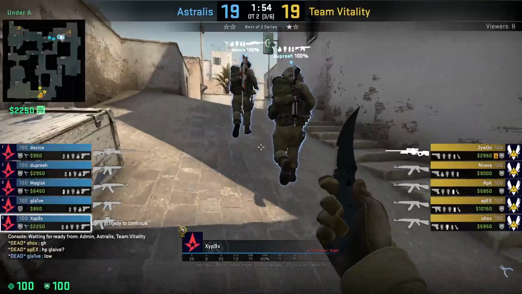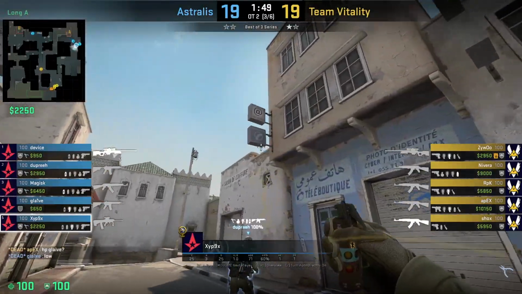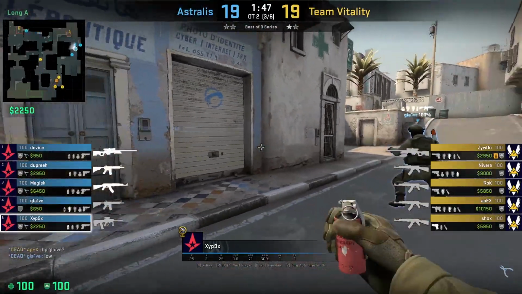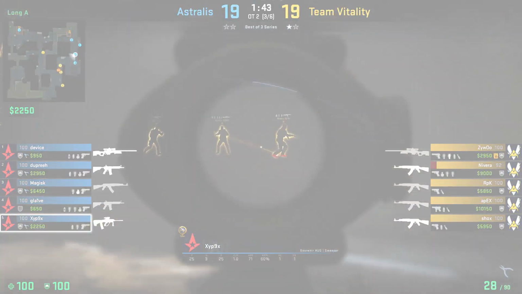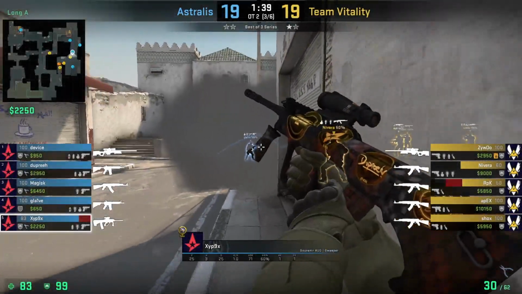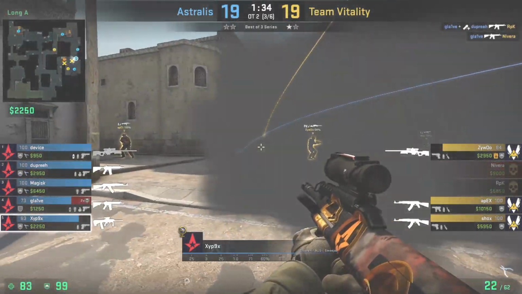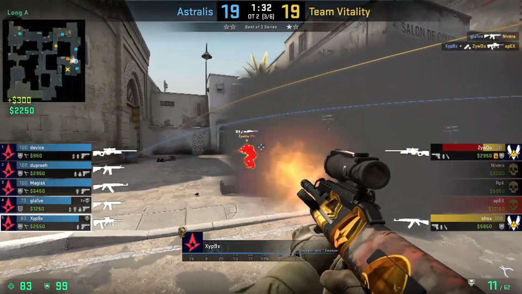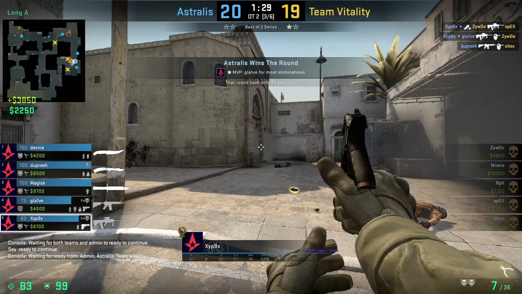This round, Xyp9x is going to be fighting against Vitality for control of long A. So as the Team Vitality players are coming out, he throws a Molotov and then starts spamming the door through the smoke. And then as he backs off, he starts to establish a crossfire with Glaive, who's playing in the pit. And this crossfire between long and pit is really powerful because the terrorists coming out have to make a decision which spot they want to clear, and this just allows Glaive and Xyp9x to get a lot of easy